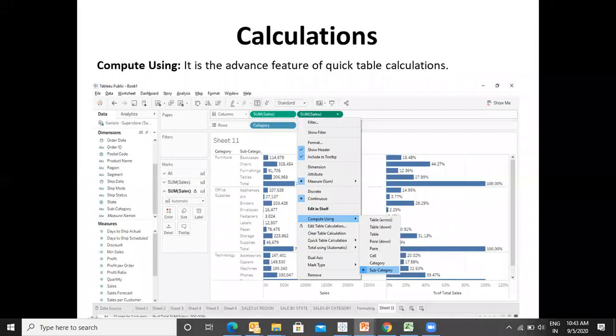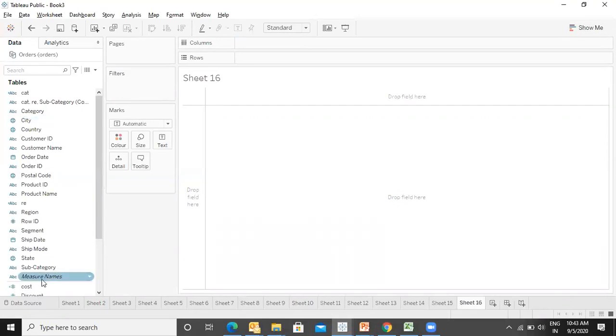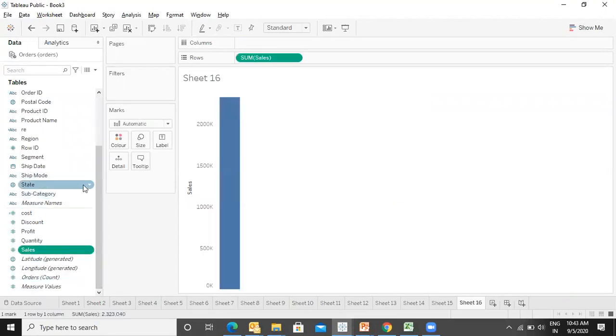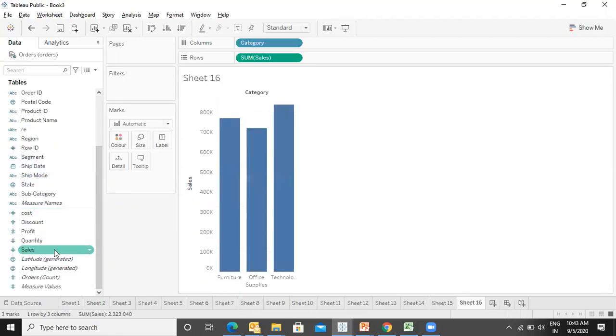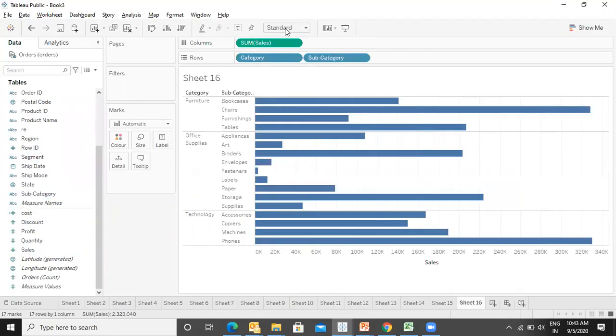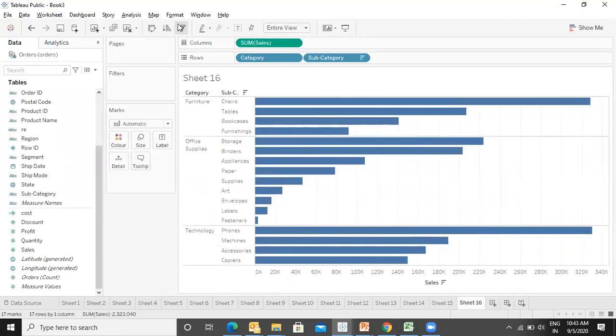Another thing we have over here is compute using. Now let's take sales on the basis of category and subcategory. I make it entire view. Let's sort it as well. And I take the sales once again.